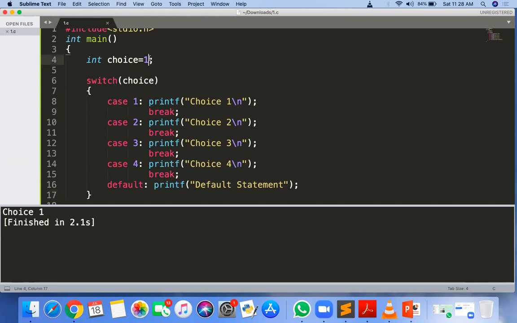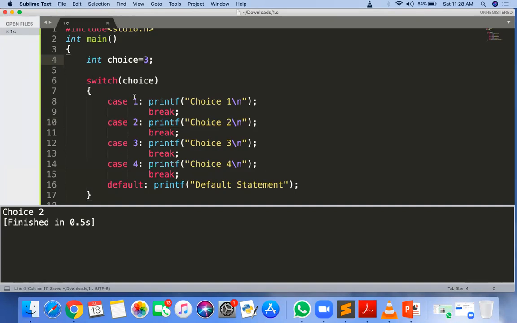Got it? But suppose you make the choice equal to 2, what happens? Now case 1 does not match. If case 1 does not match, it will go for the second case. Then choice 2 will be printed if case 2 is satisfied. Then we can check for the next one.